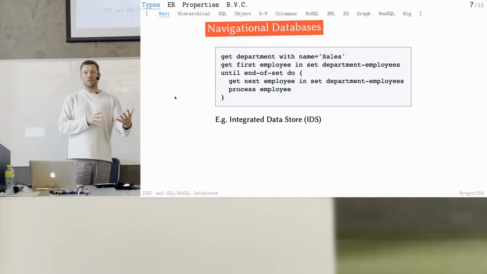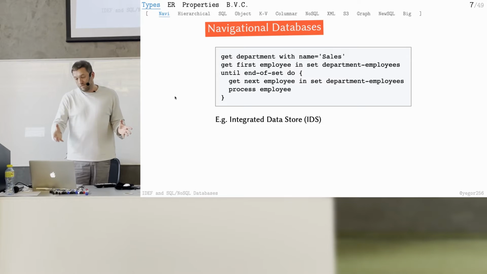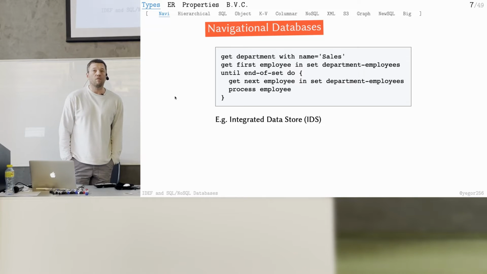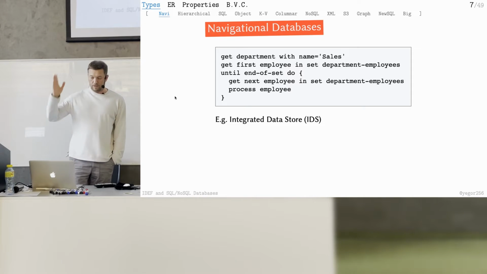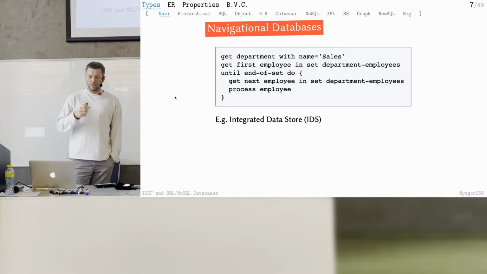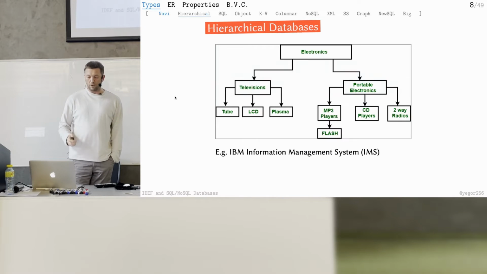That was the idea. So the database was like a passive element that didn't know what you're trying to do, and you are going from item to item, trying to collect information from some, I don't know what it was, a department, is it a table or something? I mean, I'm not an expert. For example, Integrated Data Store is the name of one of the first navigational databases. I don't know how many years ago. In most cases, most probably they don't exist anymore.